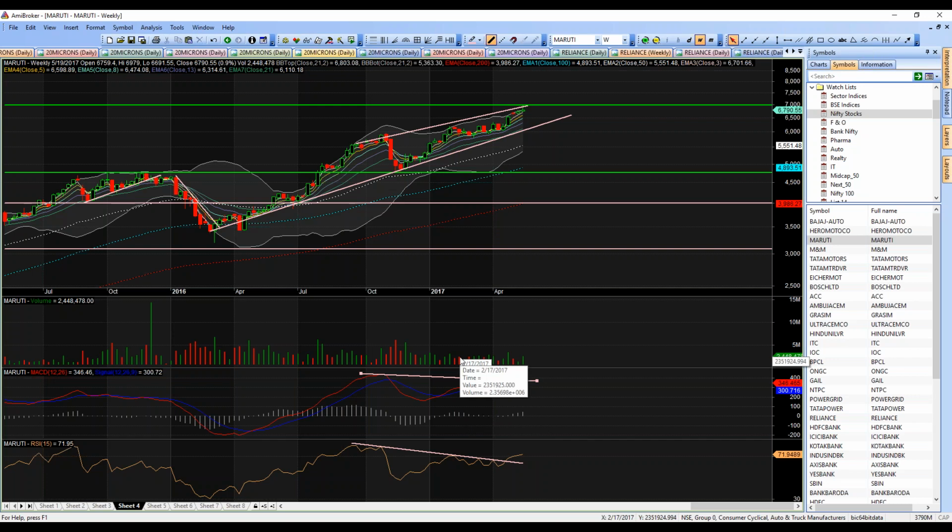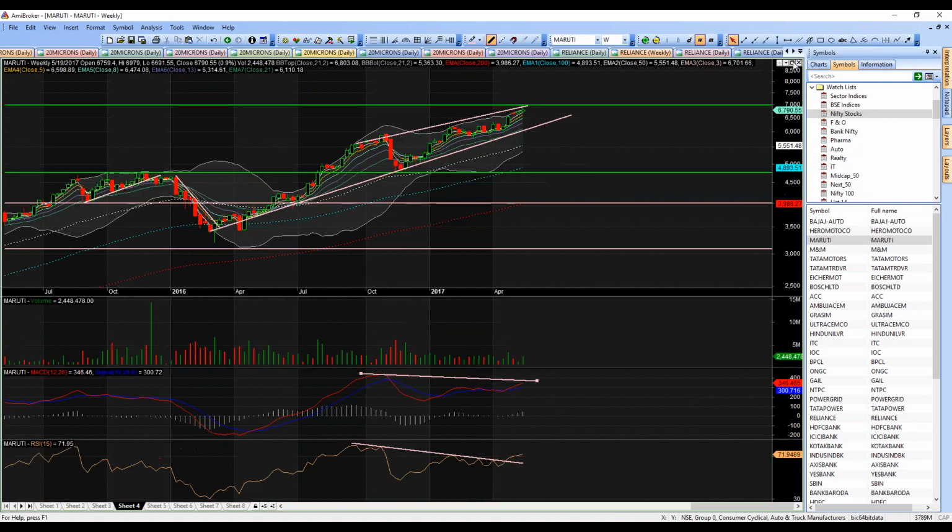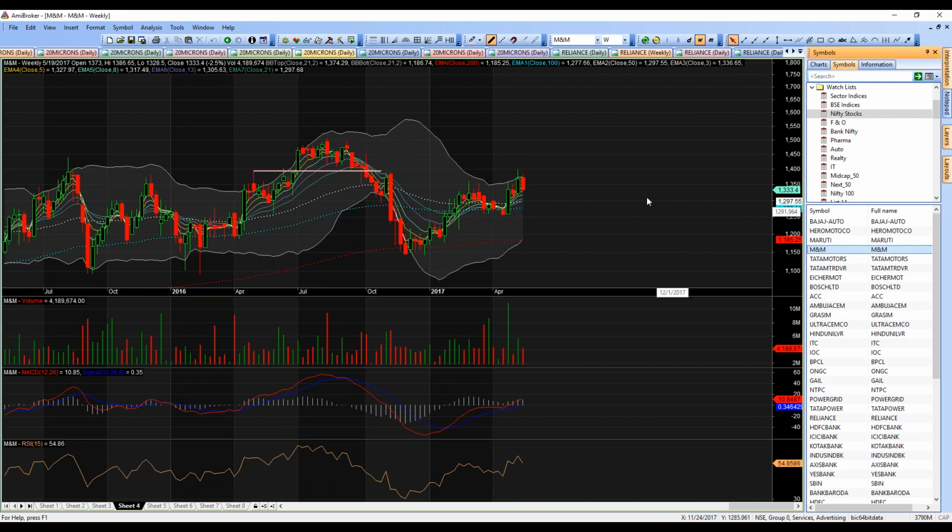I won't say there's a downtrend, definitely not. But anybody long on this could perhaps start booking some profits, putting a stop loss. And if there is a short-term trade you want to do, even on this weekly chart, then at least in the short term, as in the next 1 or 2, 3 weeks, it's probably bearish rather than bullish, right? Okay. Coming to M&M,